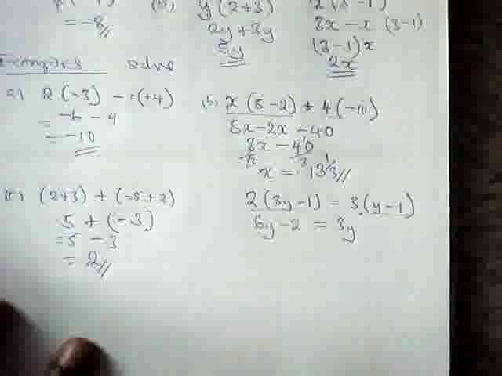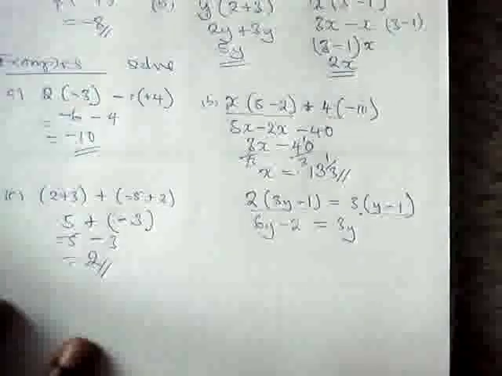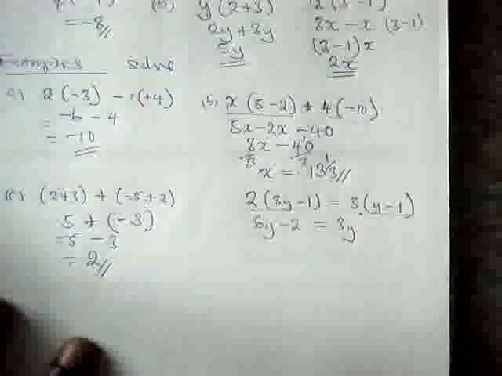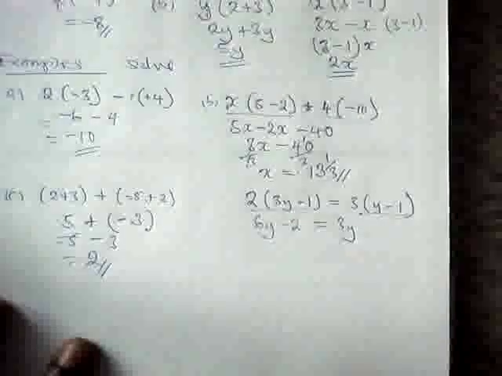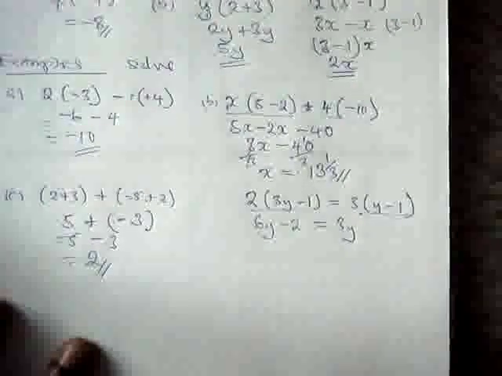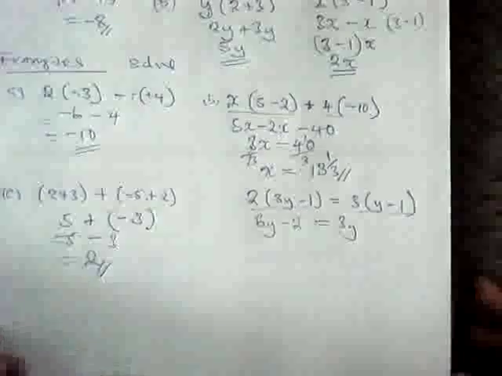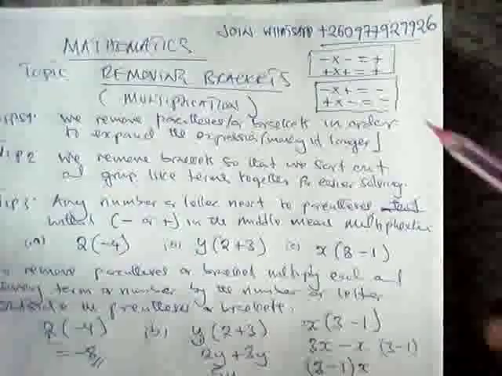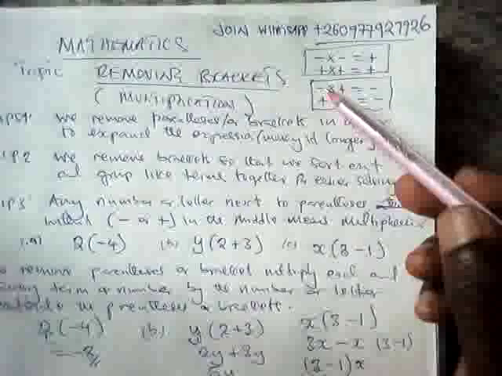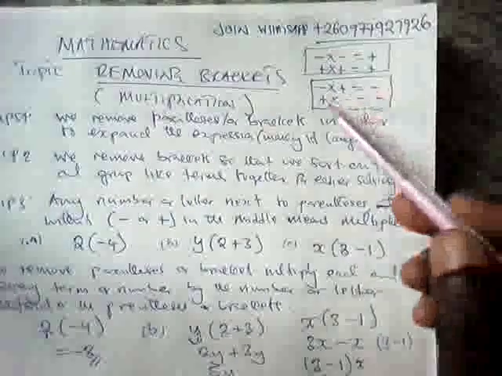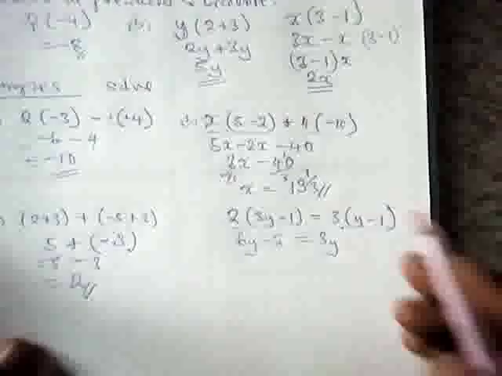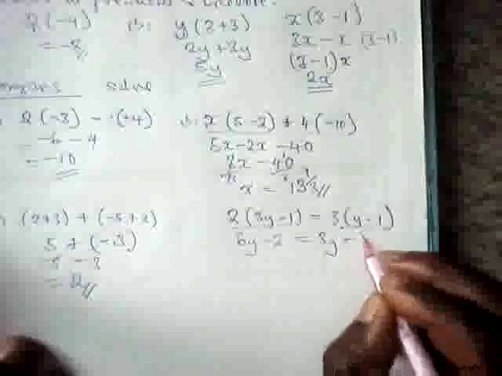Go back and check the rules. Check the rules for multiplication of integers, different signs. So the rules can be even summarized here as I've done here. Different signs: negative times positive, negative; positive times negative, negative. So I'll know that this time this will be negative